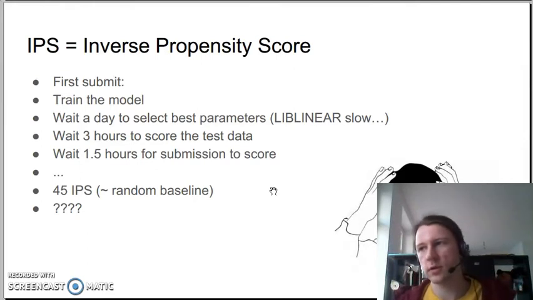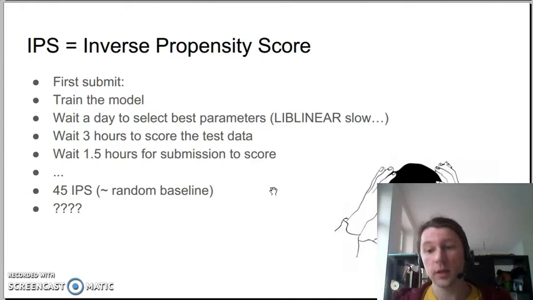Since I used scikit-learn, it was very slow. I needed to select the best parameter for regularization. Since there is a lot of data, it took a really long time, like a day, to select the best parameter. Then the test part of the data is also large. It takes a lot of time to score the data, and then actually submitting the predictions to the platform takes